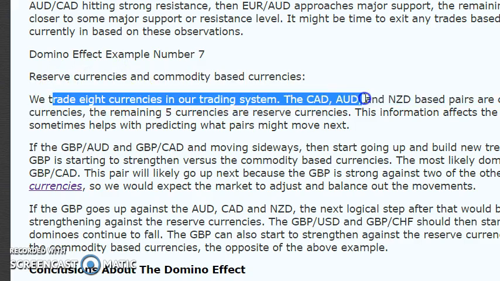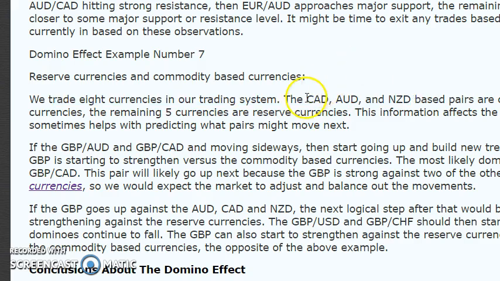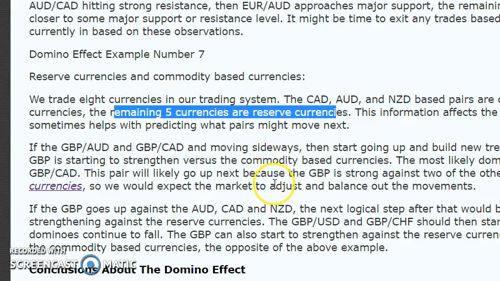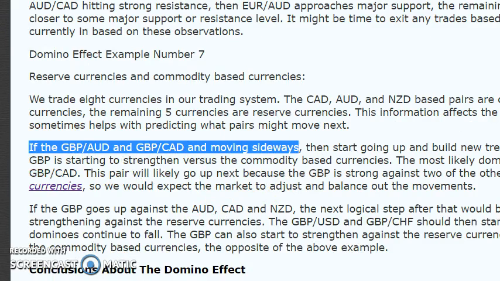Okay, three of the currencies, Canadian dollar, Aussie dollar, and New Zealand dollar, are all based on commodity prices. They're called the commodity-based currencies. The remaining five currencies are reserve currencies, like the US dollar and the yen. So, in this example,